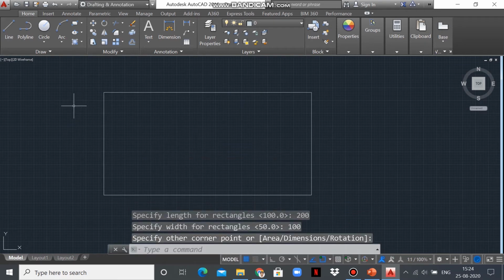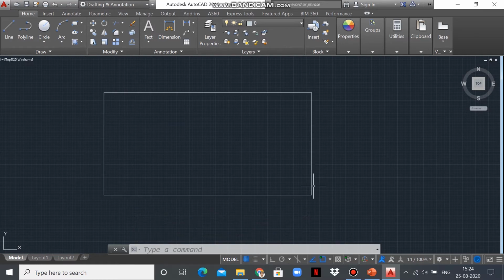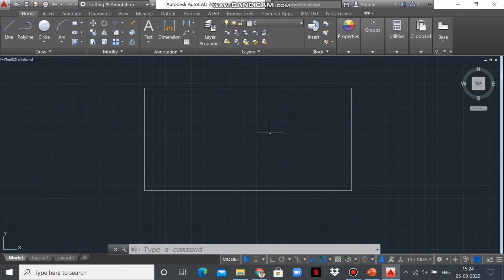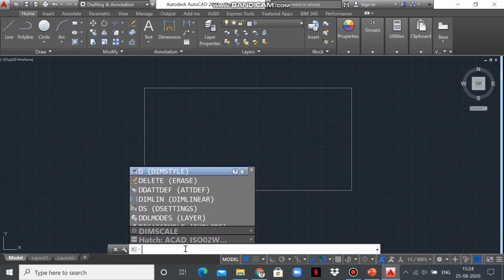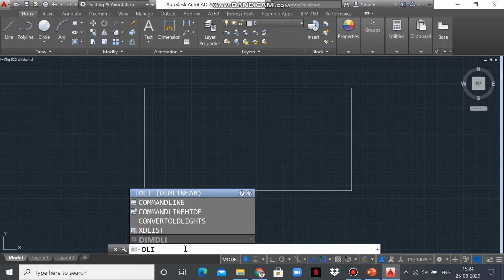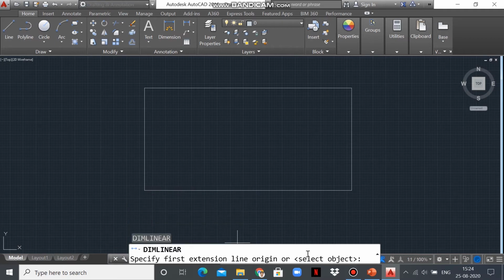Now I'm going to check the dimension of these sides. So let's check whether it is in metric units or not. So we have the dimension command. Type DLI, which is the shortcut of dimension linear, and press enter.